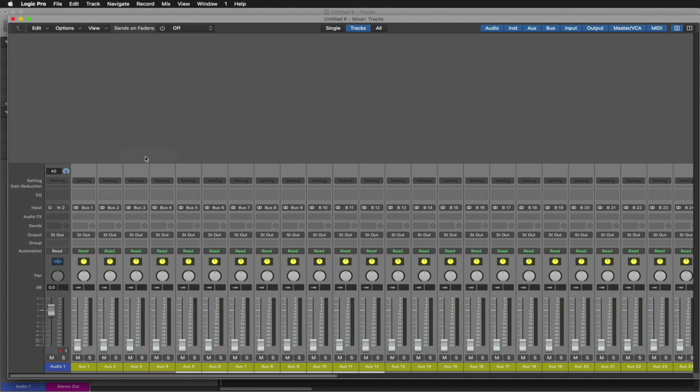Like before, I would right-click and create track, turn off the automation mode. Change the output of the aux tracks to no output. The only other thing I want to mention here is that in the previous method, the aux tracks were created with the faders up at 0. And in this method, they are created with the faders all the way down.